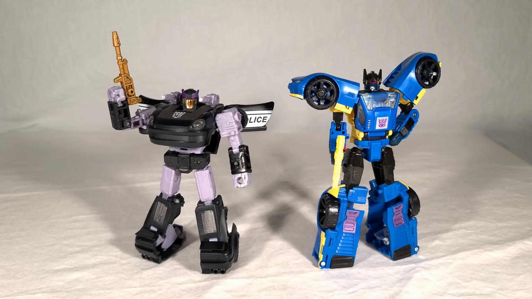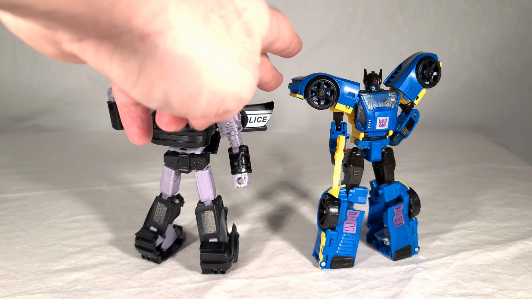And now we're bringing our two figures back together. And overall, they look pretty good together, especially in both being in their Decepticon forms, right? You can see them being on a reconnaissance mission or something. But of course, the scale thing rears its ugly head again because you can see Counterpunch is significantly taller than